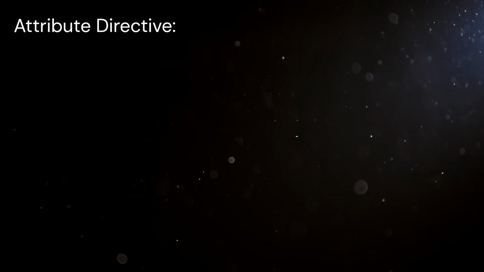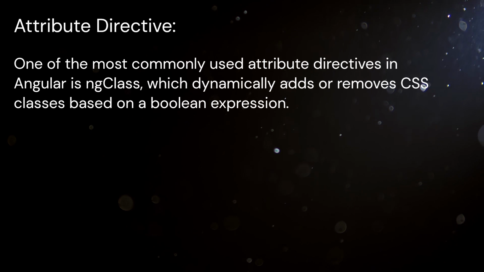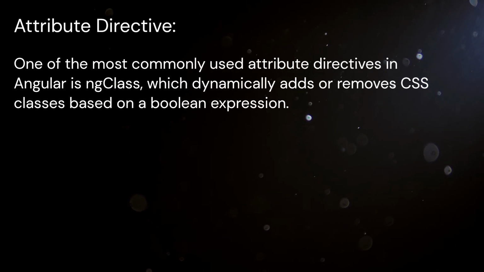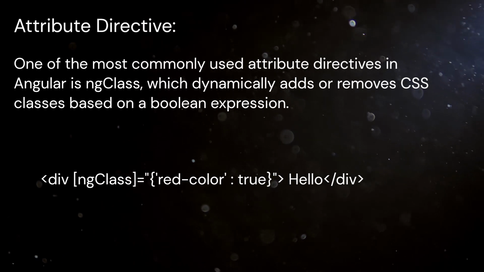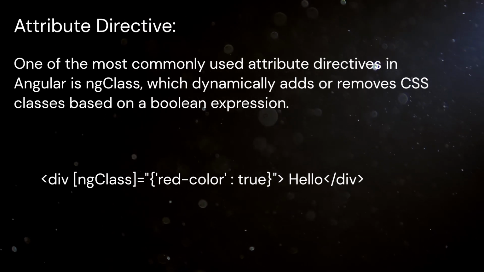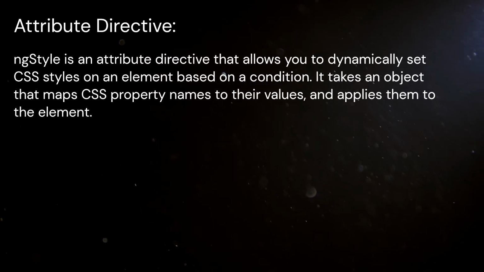Let's see the example of attribute directive in Angular. One of the most commonly used attribute directives in Angular is ngClass, which dynamically adds or removes CSS classes based on a Boolean expression. ngStyle is an attribute directive that allows you to dynamically set CSS styles on an element